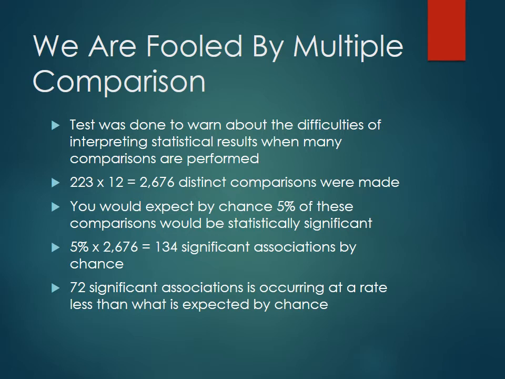Okay, so if you're making this many comparisons, comparing all these different 10 million patients who are being admitted to hospitals for different things, you'd expect at least 5% of the time to find some kind of statistical significance. In this case, you would expect to find 134 just by chance alone, but in actuality, you end up having even fewer than that linked as statistically significant. This is one of the things we'll talk about later on, and it's very common to do multiple comparisons and not correct for those p-values, and you end up with false positive results, right? So you say there's definitely a relationship here when actually there probably is none. You just did so many comparisons that you kept going until you found the one that worked, right?